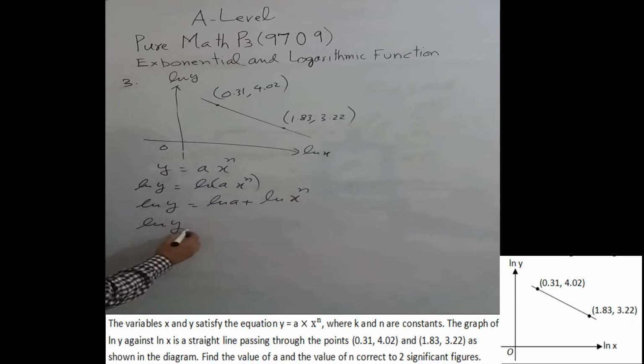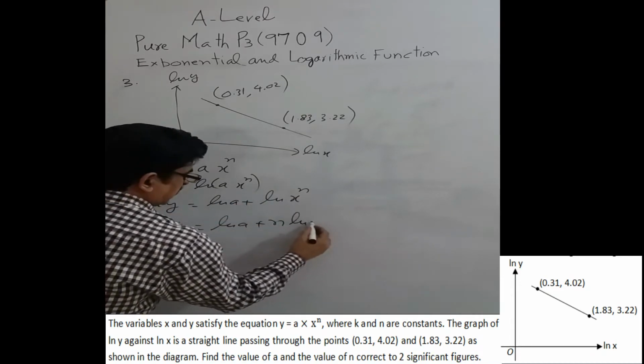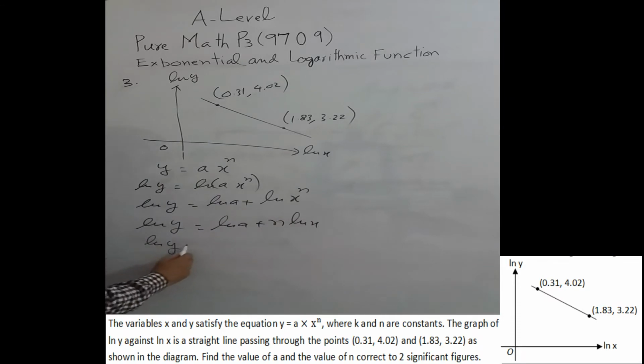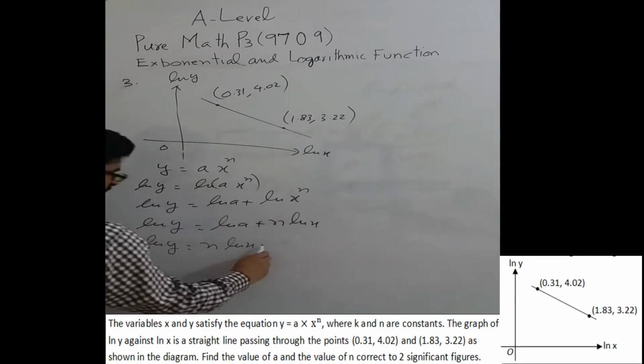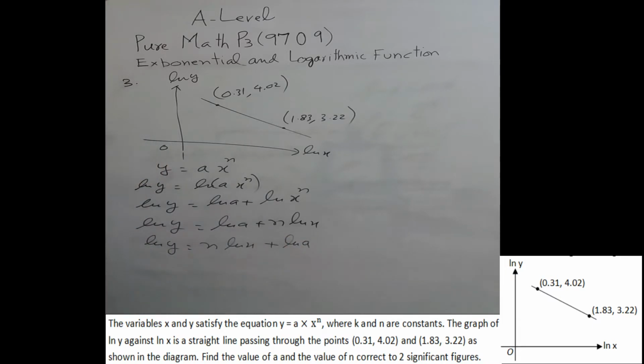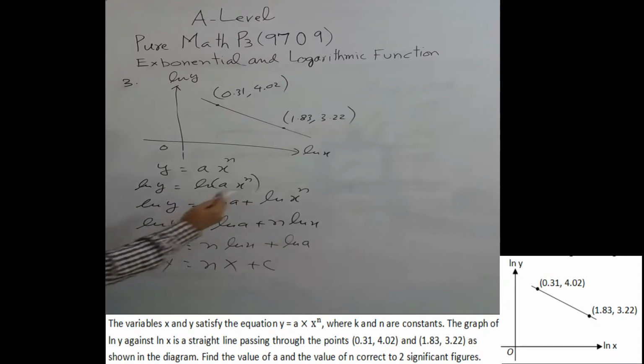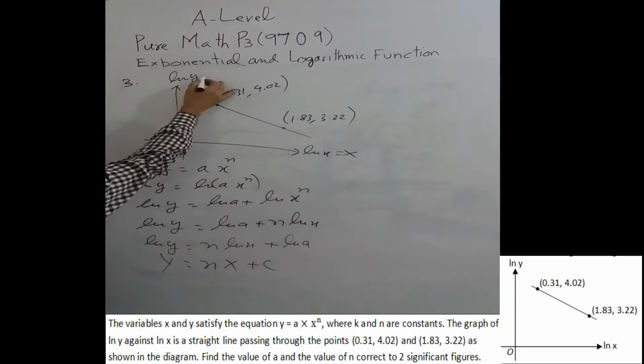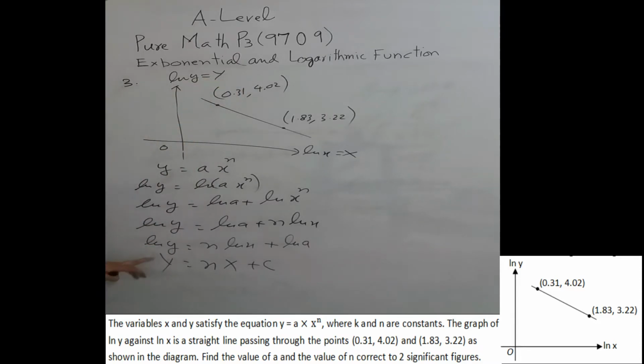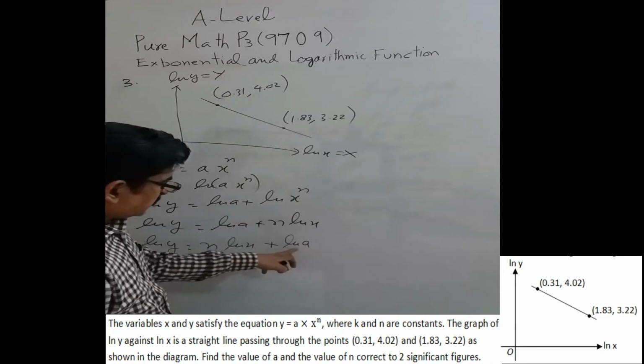Now we have ln y is equal to, again applying the property of log, n ln x. You can write it now, ln y is equal to n ln x plus ln a. Now see that writing this in the form mx plus c. So this is your capital X and this is our capital Y. Now capital Y is ln y, gradient is n, and capital X is ln x, and c, the y-intercept, is ln a.